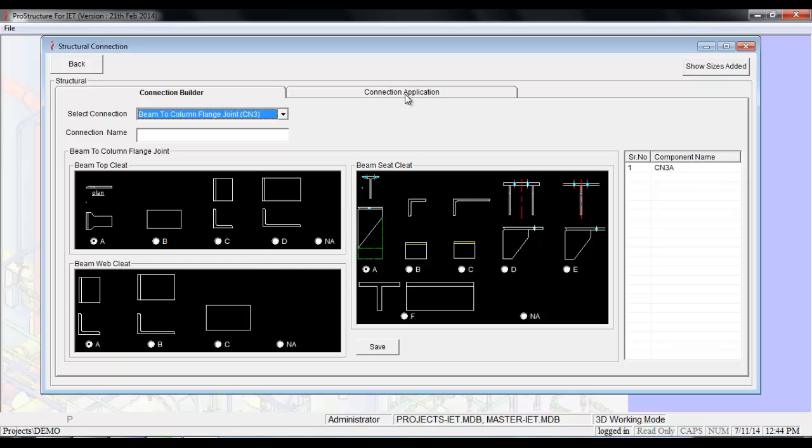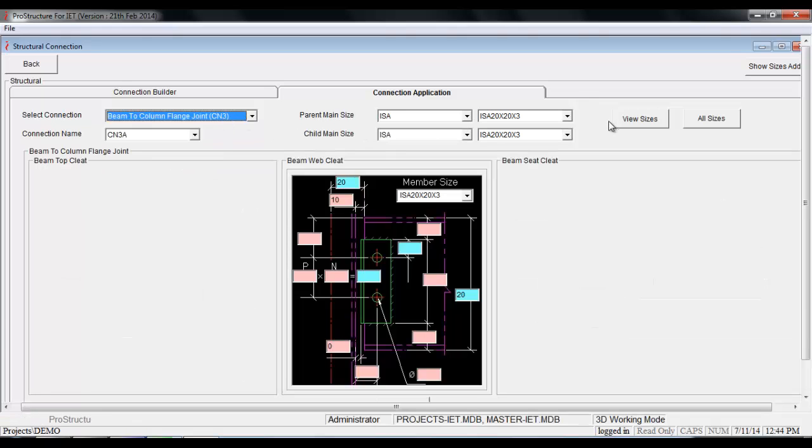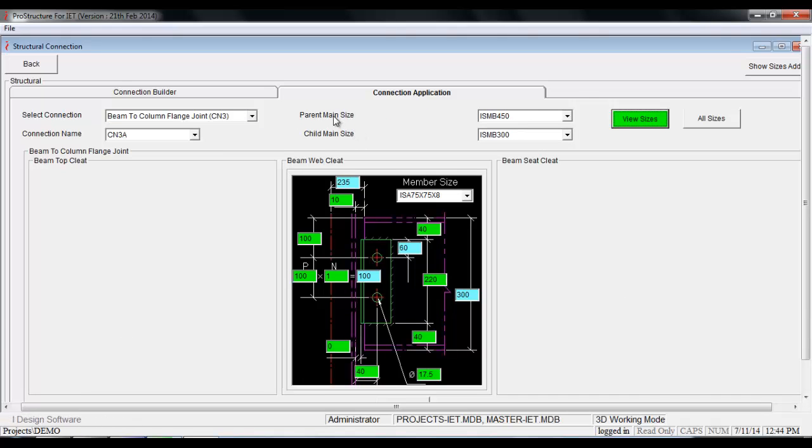And then after the connection types are designed or configured in the software, you can apply those types to different types of members. For example, if you go there and again select this beam to column flange joint, you can select the main beam size and the child size. You can select any size from the available options. We have all the libraries of different types of beams, channels, and angles from different standards. So you can select, say, ISMB 450 to ISMB 300 and then enter the different parameters which are required